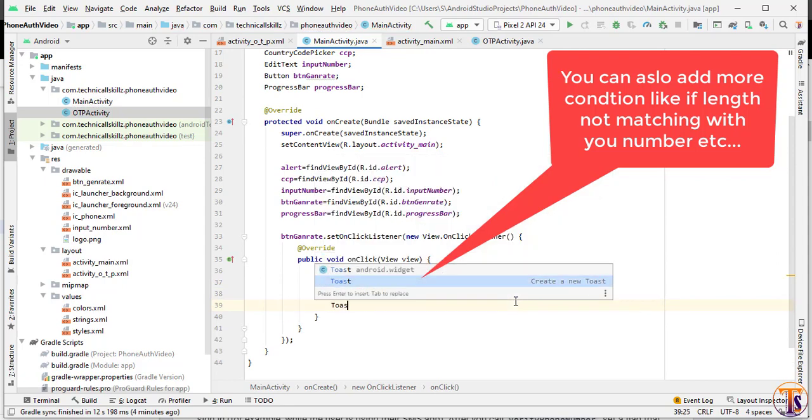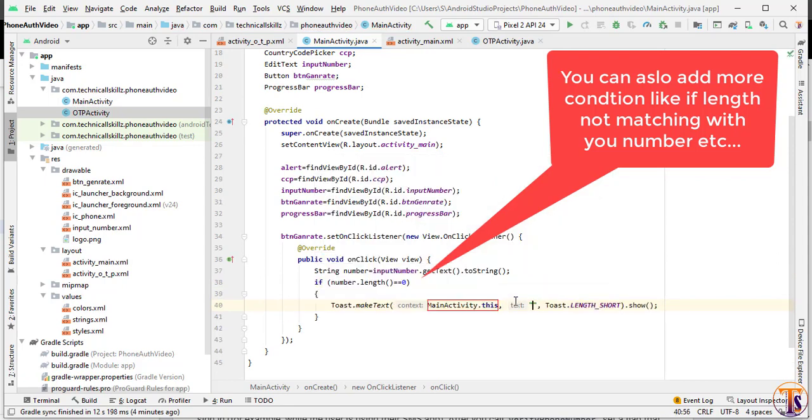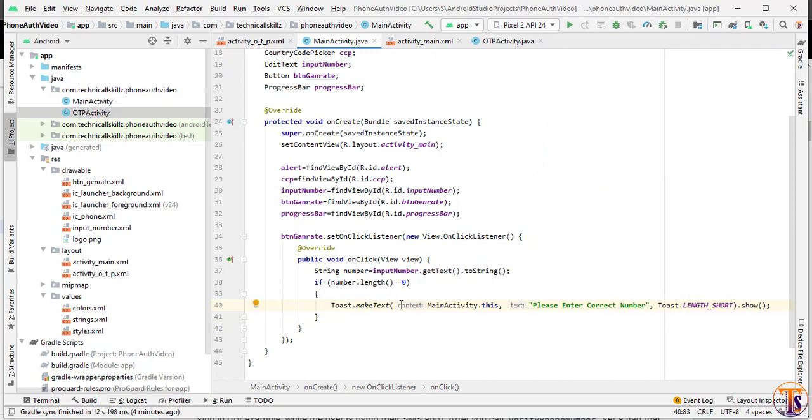So here we will simply create a toast message. You can add an error on the input field. So please enter a correct number. Here you can choose your length according to your country.